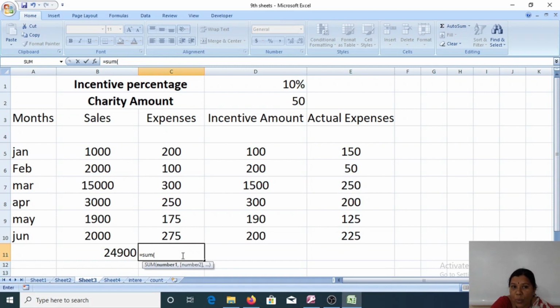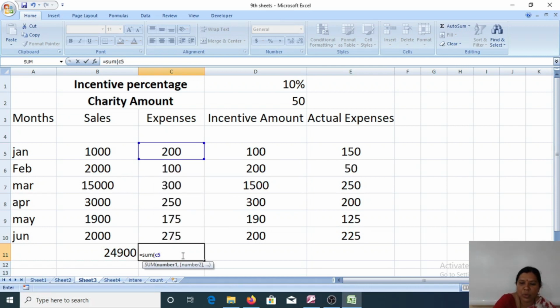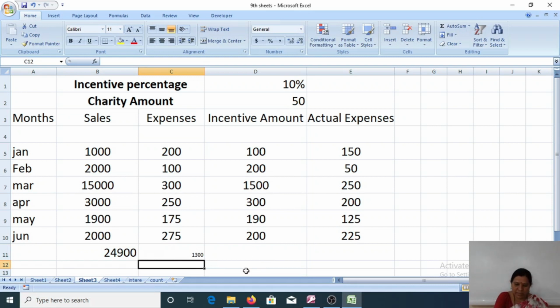What argument do I want here now? C5 to C10. C5 colon C10. Close the parenthesis, press the enter key. We got 1300, right? This is the expenses amount we calculated.